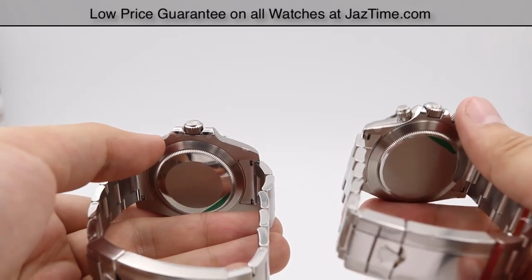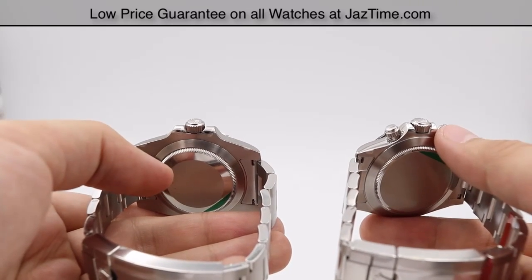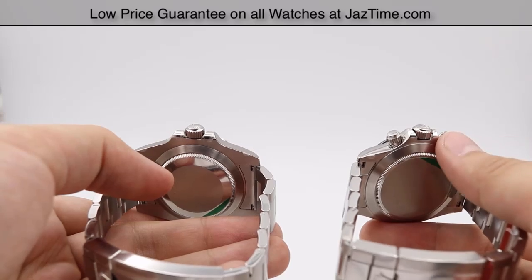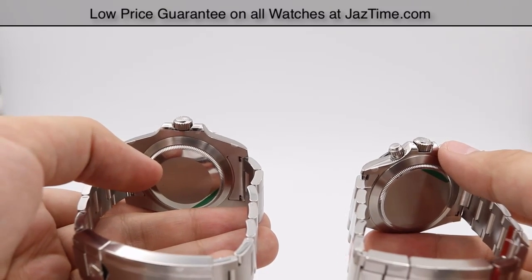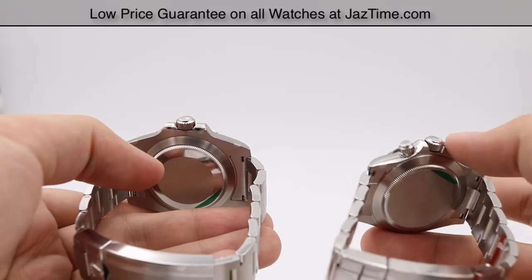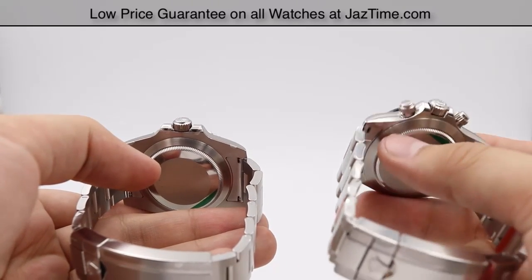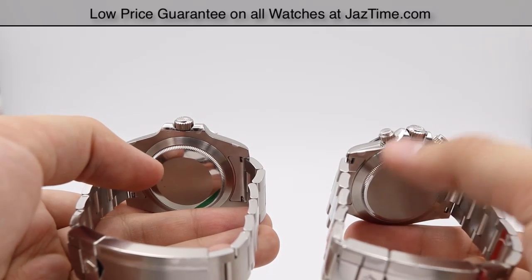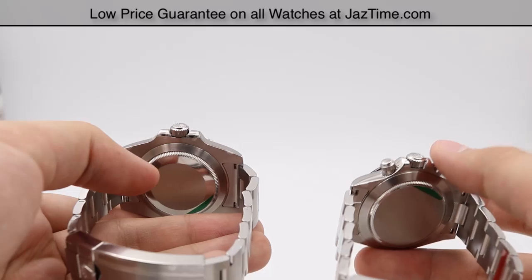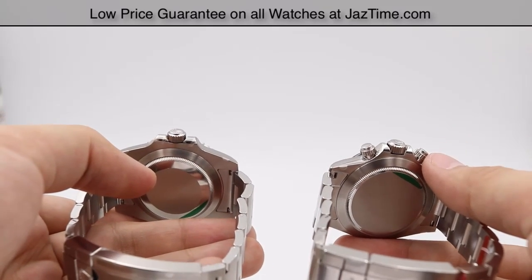The Daytona runs a tried and tested movement as well. Actually, it's the 41-30 in-house made movement, which was, I believe, introduced back in the 2000s when they moved from the Zenith movement to the Rolex movement. It is a perpetual mechanical self-winding movement as well, with a precision of -2 plus 2 seconds a day after casing. It has the functions of the center hour, minute, seconds hand, the small seconds at the 6 o'clock position,